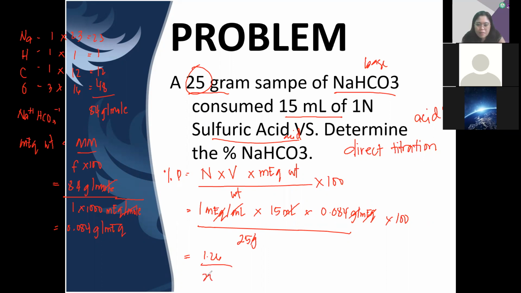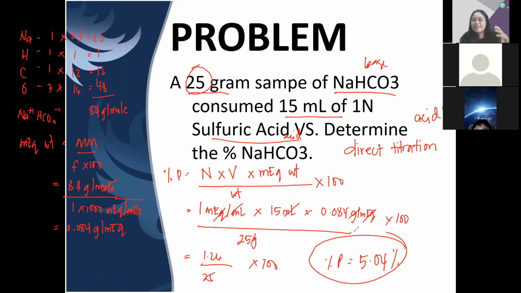Okay, divided by 25 times 100. So the percent purity is, okay, 5.04%. So hindi pure, hindi talaga pure yung sodium bicarb in this sample kasi sa 25 grams, 5% lang yung